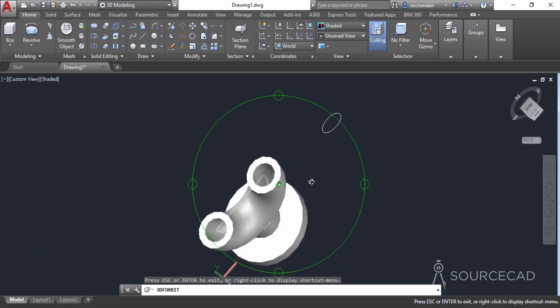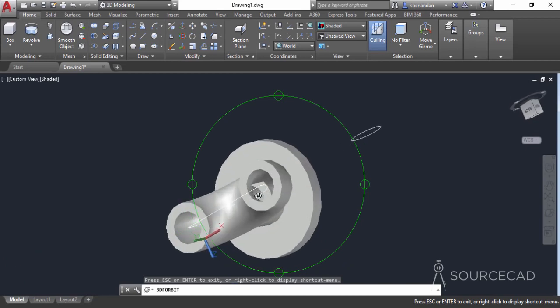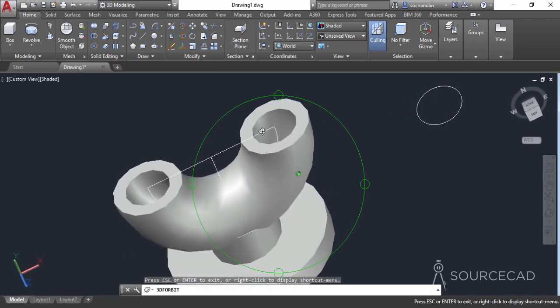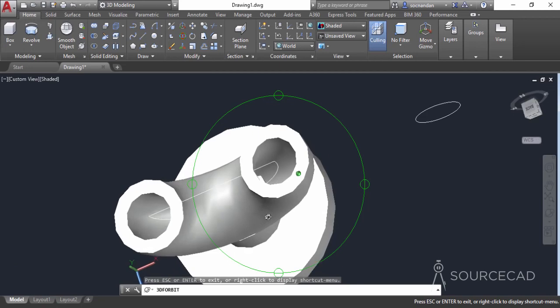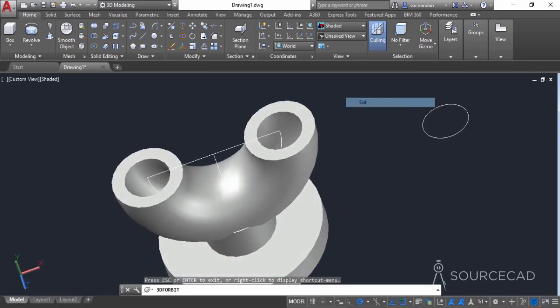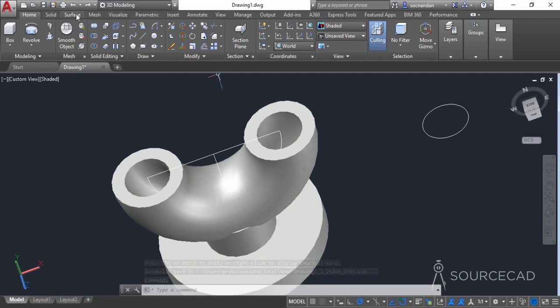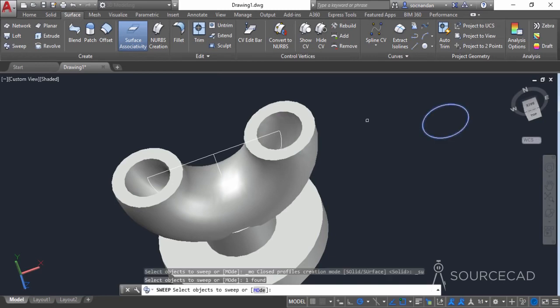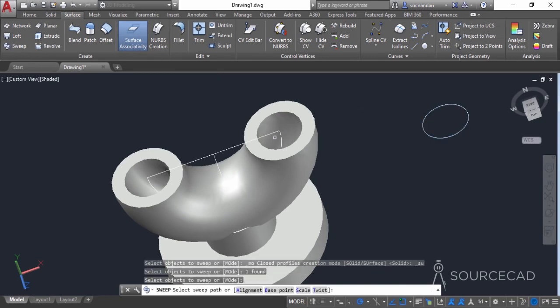Now if you look closely inside the solid, you'll see that we have some extra geometries which are obviously not required. The pipe shape should be completely clean. Now in order to clean that, we need to trim that extra geometry. So go back to the surface tool and select sweep, select this circle, press enter, and now select this arc